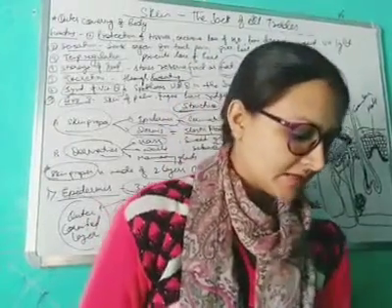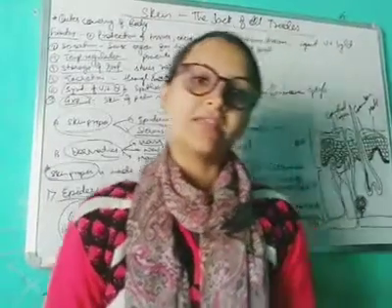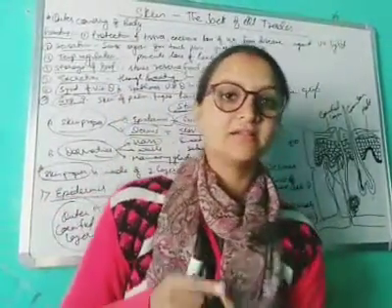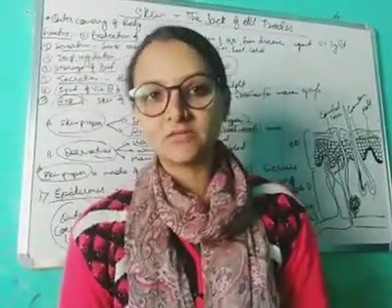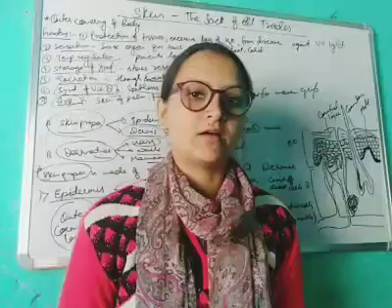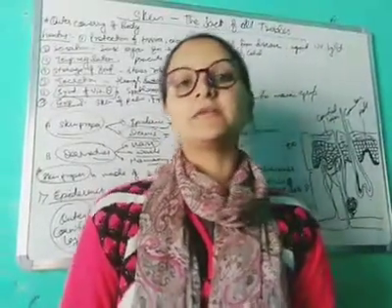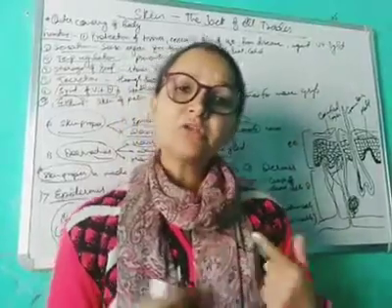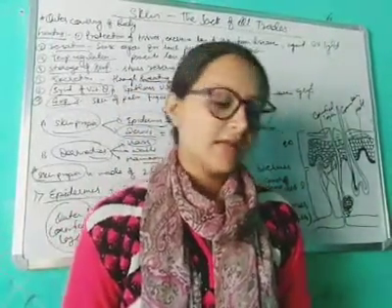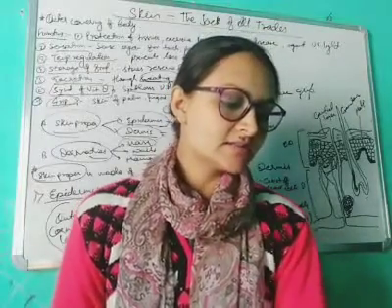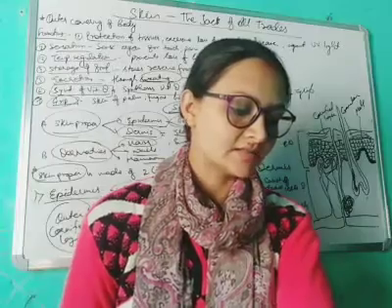It also offers resistance against three things. First, mechanical damage: if there is any mechanical damage to our body, it will resist it. Next, bacterial infection: bacteria cannot easily affect us due to this layer. Third, loss of water by evaporation: it also prevents excess evaporation from our body. Next, there is the granular layer. It is a very thin middle layer consisting of three sublayers of flattened cells.